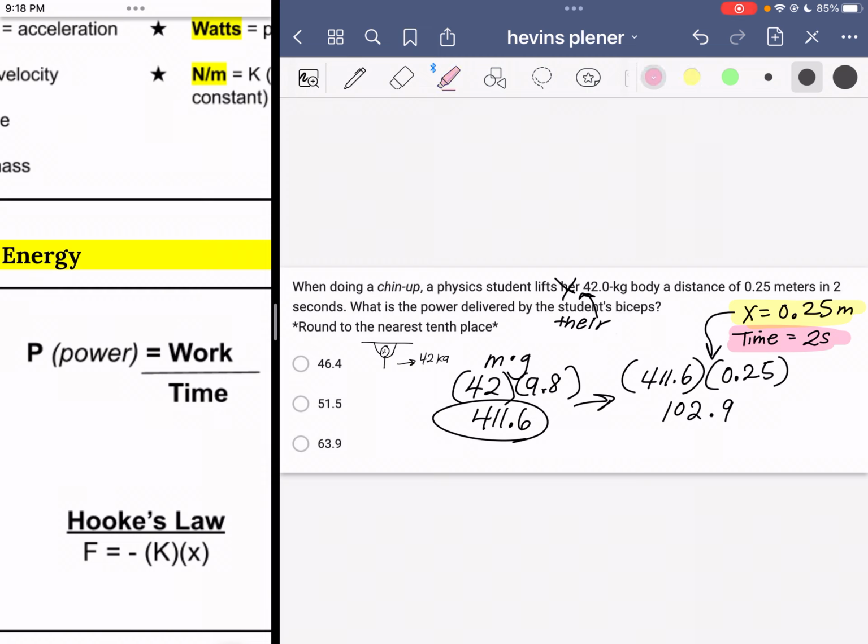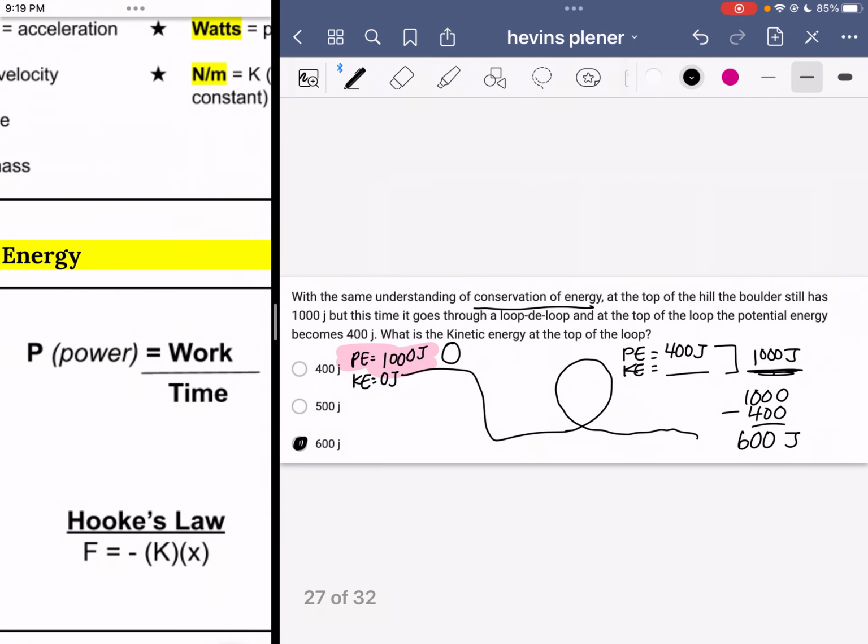And we have time, remember? So we're going to divide our work by our time. Hey Siri, what's 102.9 divided by 2? 102.9 divided by 2 is 51.45. 51.45. Closest one to that is 51.5. Okay? And then